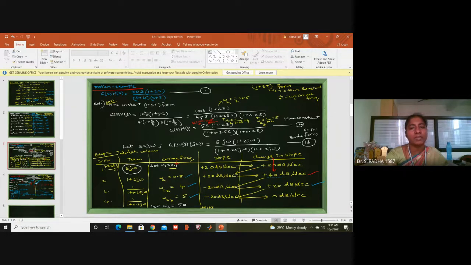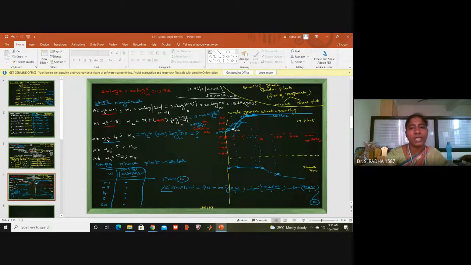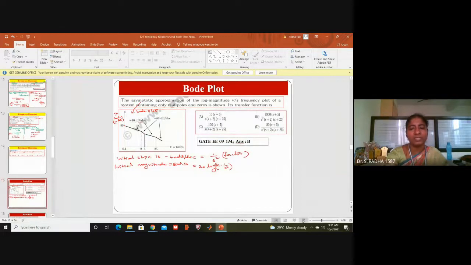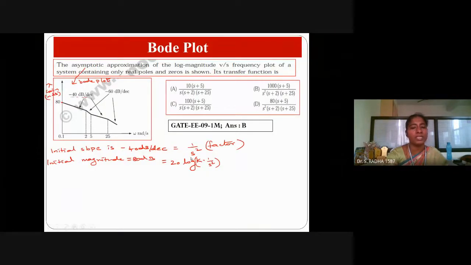When everything is cancelled, in equation 1a, the time constant form, the k value is 5. Along with 5, the derivative factor s is also there. So in the first magnitude calculation, I have used that 5 into s. The beginning value is always given by k and any integral and derivative factors present; those combined give the initial magnitude.